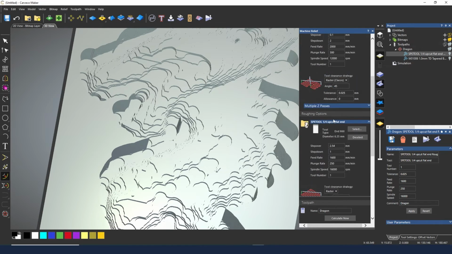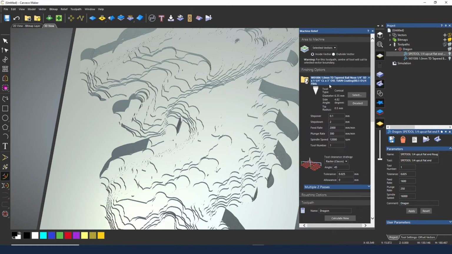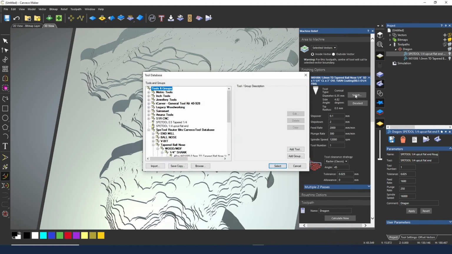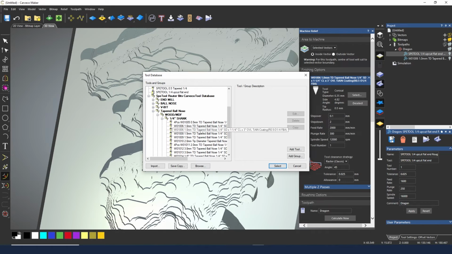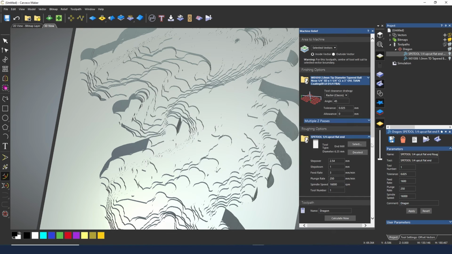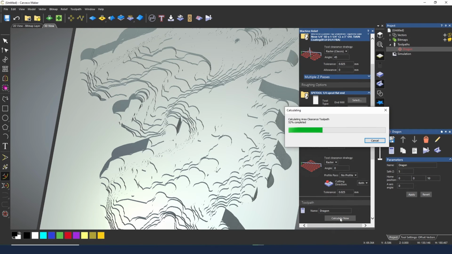Now the other thing I'll do as well, I'm going to put that back to 3 millimeters for now. And we're going to go up to the finishing tool. Now what I'm going to do is just change this for a slightly different radius tip. So what we were using earlier was the 1 millimeter tip. I'm just going to bump this up to the 2 millimeter tip. Now in theory this should only take half of the time of the original one, but if I regenerate the toolpaths for this now,